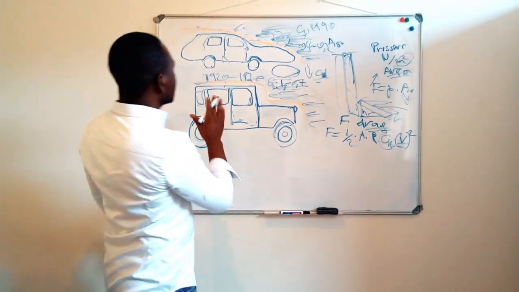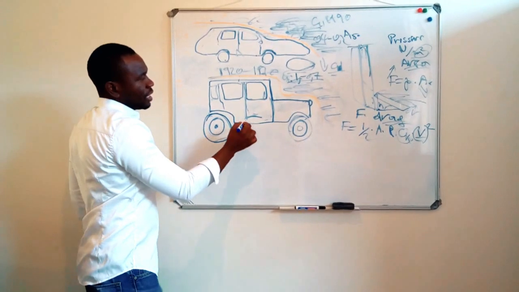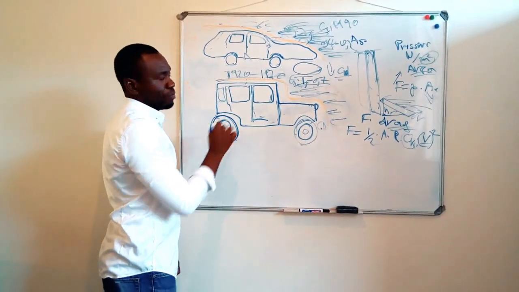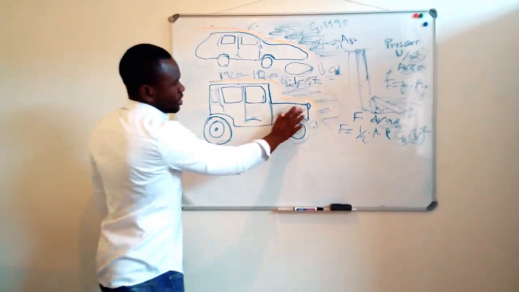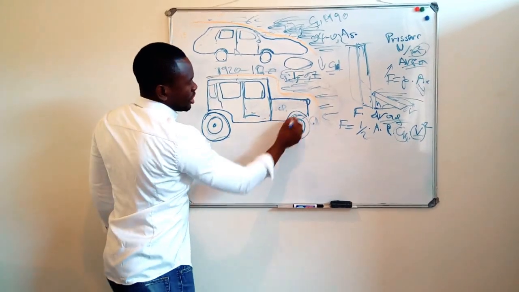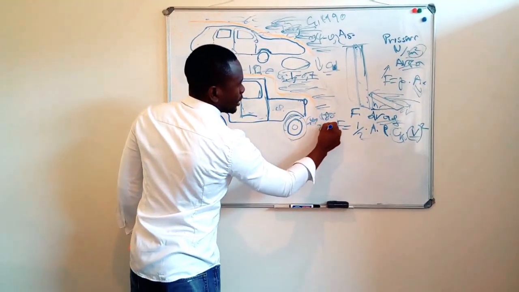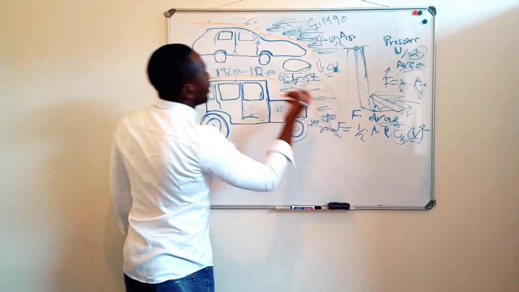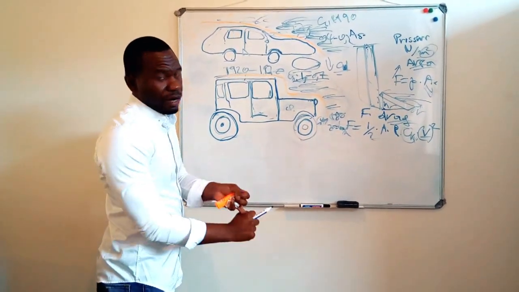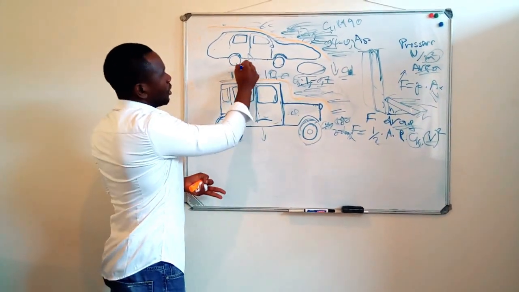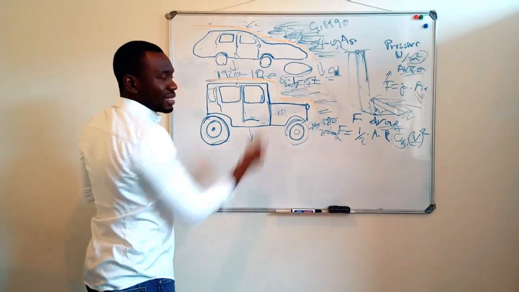Now I have an example with two vehicles having the same engine power. Let's consider that this car was made in 1920 or somewhere there, but the engine is a good engine. This engine can go up to, I don't know, 180 or 200 kilometers per hour, the same as that one. Let's consider the same road condition, the same engine power, and the same weight on our vehicles, besides the shape and the surface.